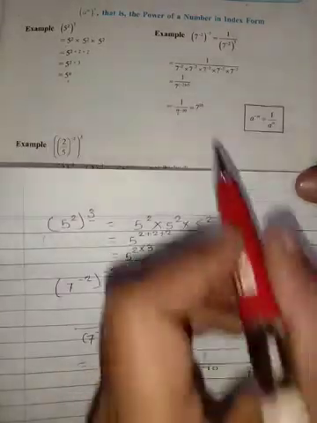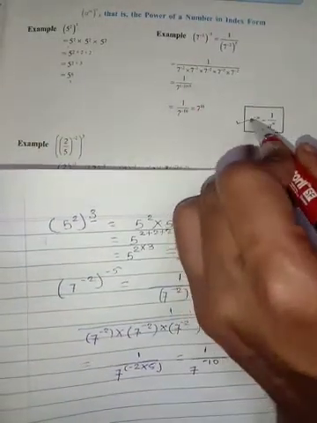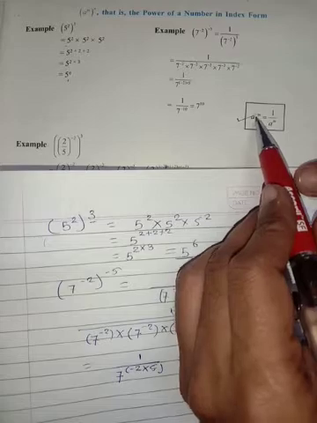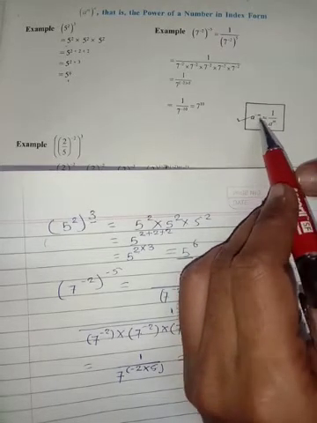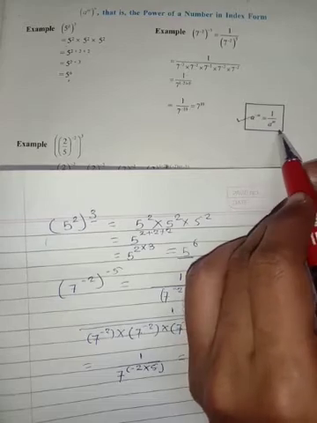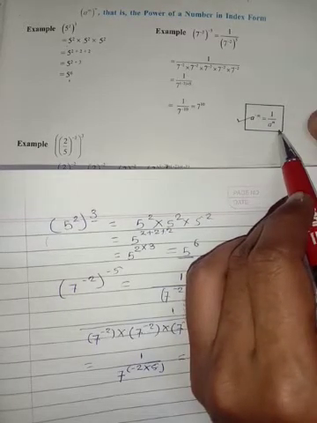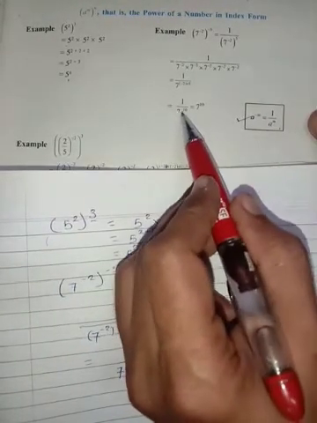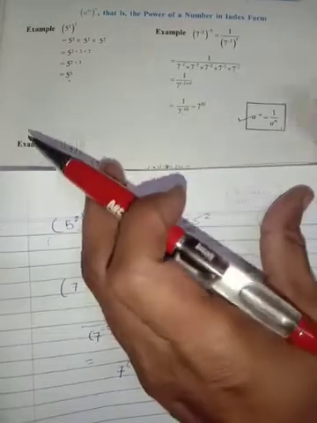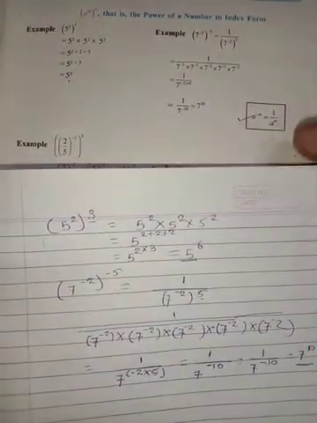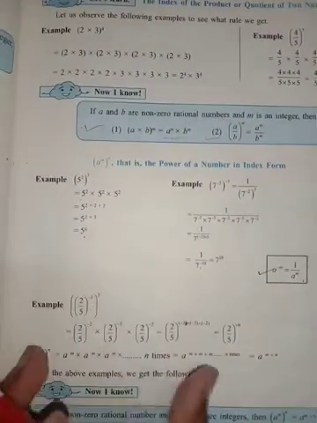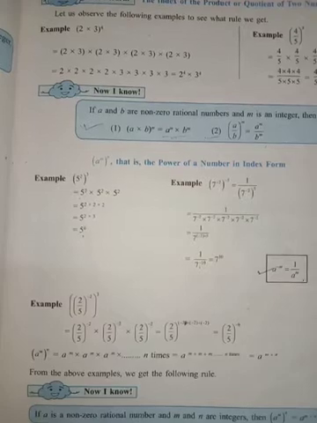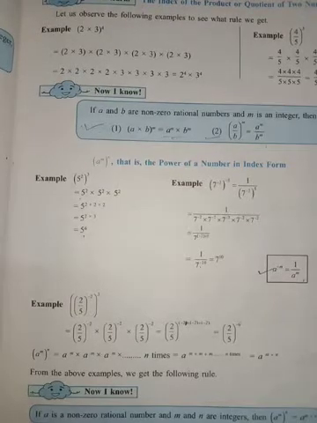Okay, remember this equation and remember this formula also: a raised to minus m equals 1 upon a raised to m. If we convert this minus sign to positive, or you can write like this also. Remember this equation also. Now look at this example. Let's solve this example. It is also a very simple example.